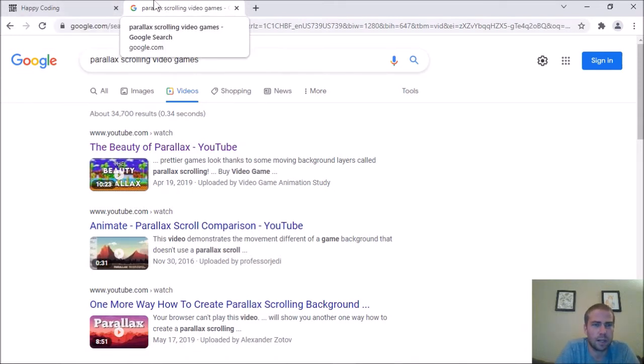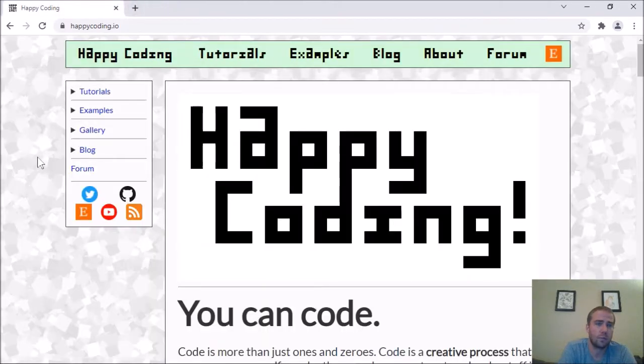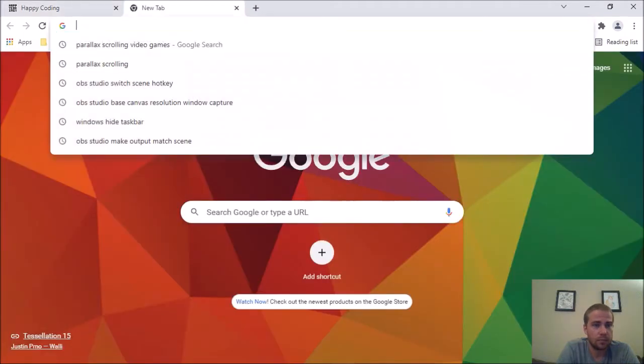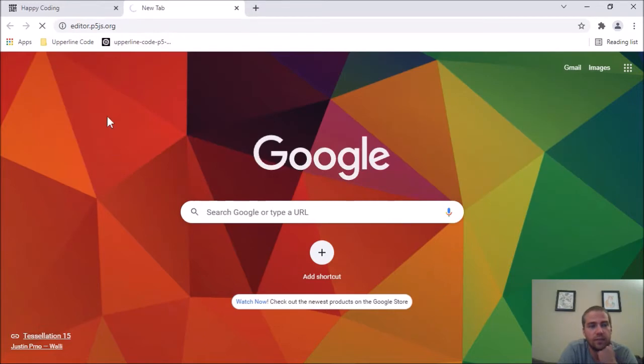So it's something that's been bouncing around in my head for a while, just as an idea of something I might do. And I honestly have no idea what it will end up looking like. So it might end up not looking that interesting, but I just want to play around and see for myself what the end result is. So that's my goal. And I'm going to give myself about an hour or so, because then it's dinner time. So let me start by going to the P5 editor